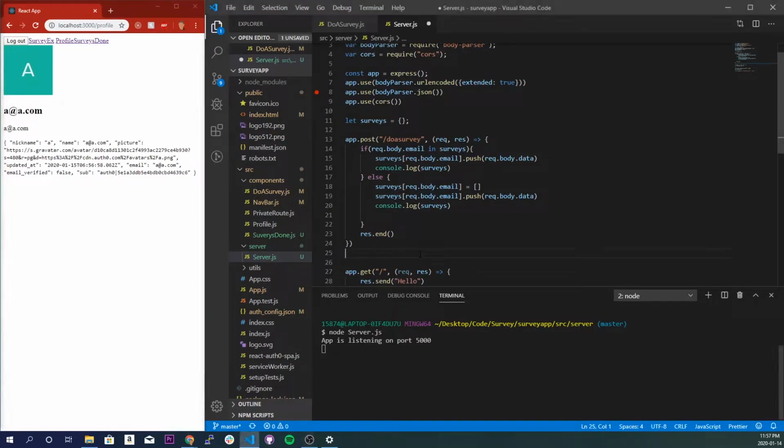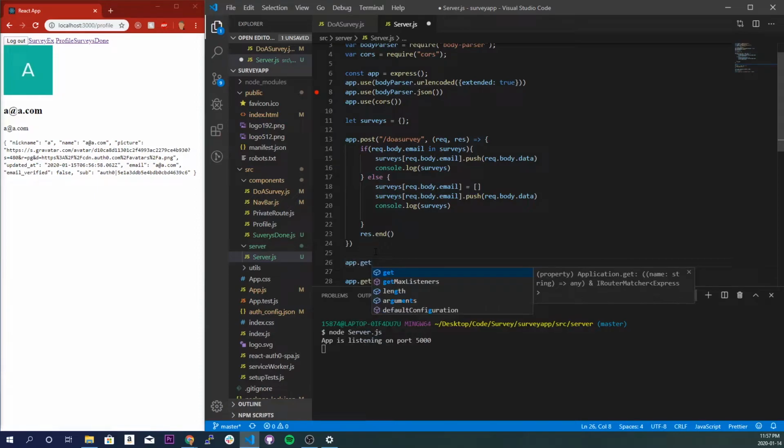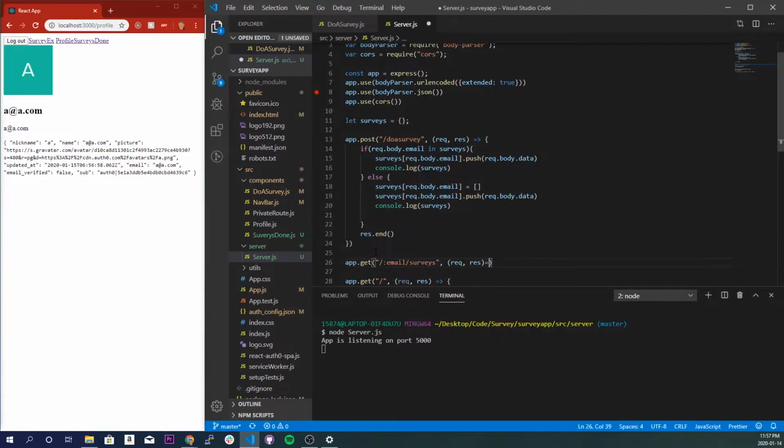Alright, so now what we have to do is we have to take the data that we have gotten with this post request, did what we needed to do with it, pushed it into our surveys object. Now we need to send it back. So that'll look like this: app.get /:email/surveys, and req, res,